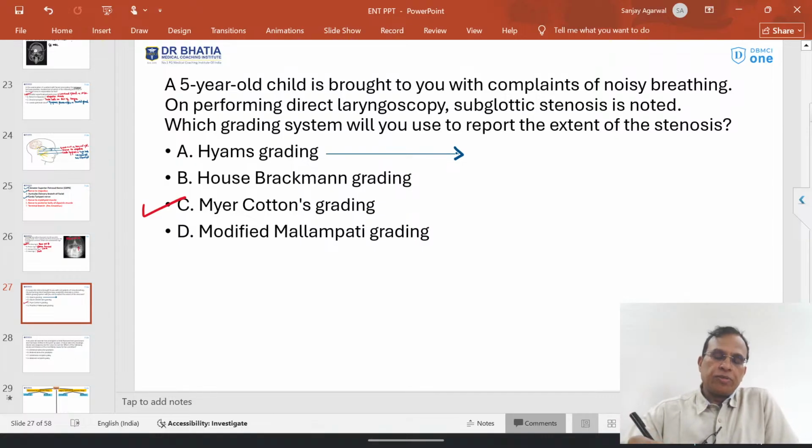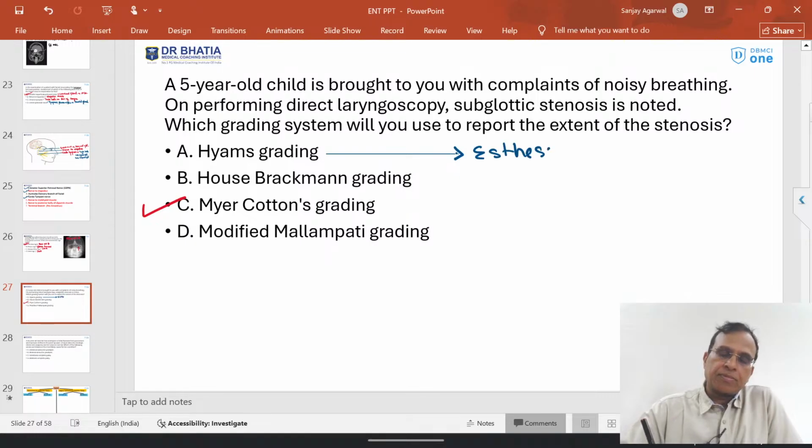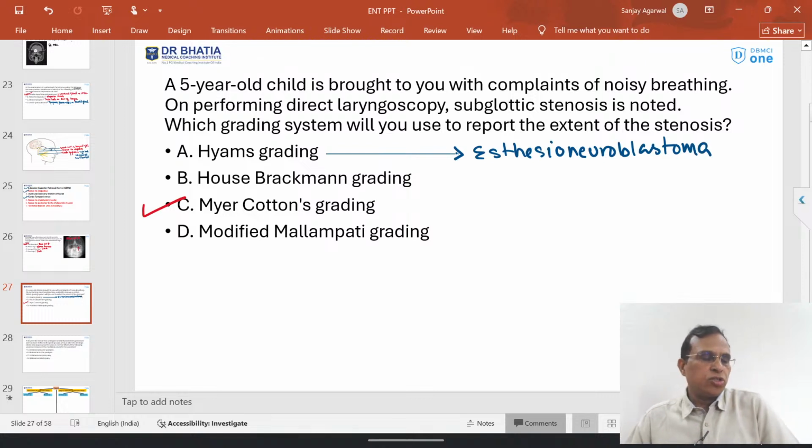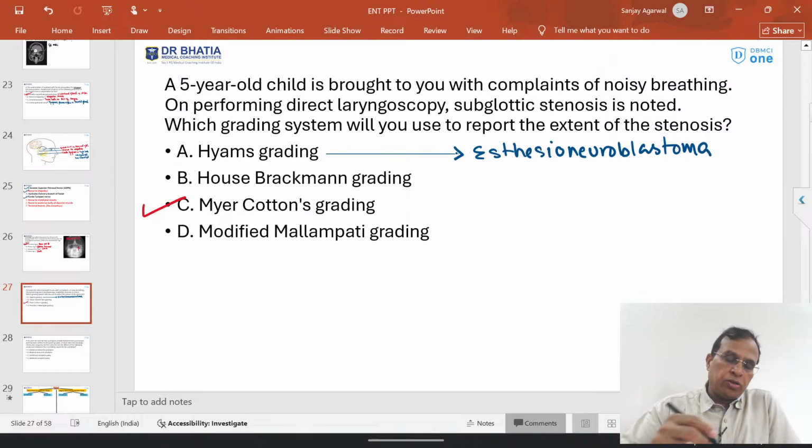Ham grading is used for esthesioneuroblastoma. Ham grading is used for esthesioneuroblastoma. And the name is important, not very important, it has not come in any exam so far. They've never asked this name in any exam, but still if you want to know, I'm telling you. Then